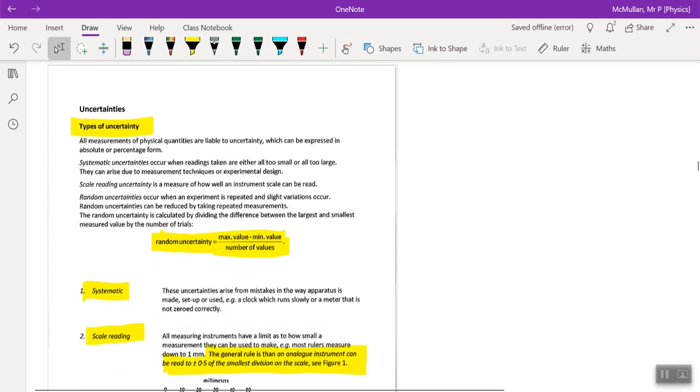material. So uncertainties. All forms of measurement are liable to an uncertainty. This can be expressed in a percentage form. The two types that we are interested in are usually systematic and scale reading. Systematic is when you take readings that are too large or too small, and scale reading is how well you